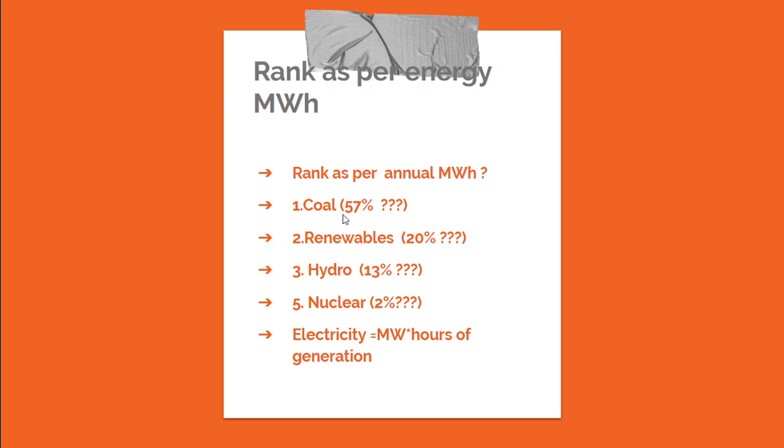You just compare this to coal and renewables. So if this is 57%, what would be this number? Whether it would be greater than 57 or less than 57? If this is 20%, what would be this number? Whether it would be greater than 20 or less than 20? Think over it. If you think over it carefully, you'll understand that basically